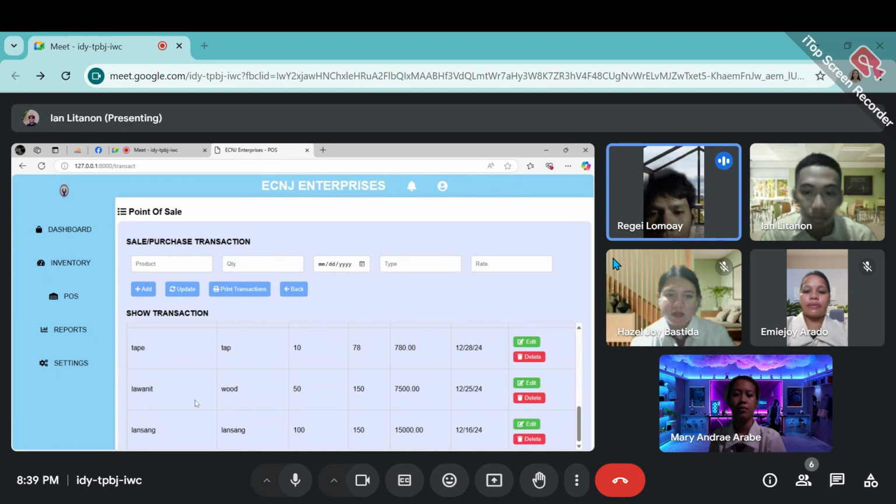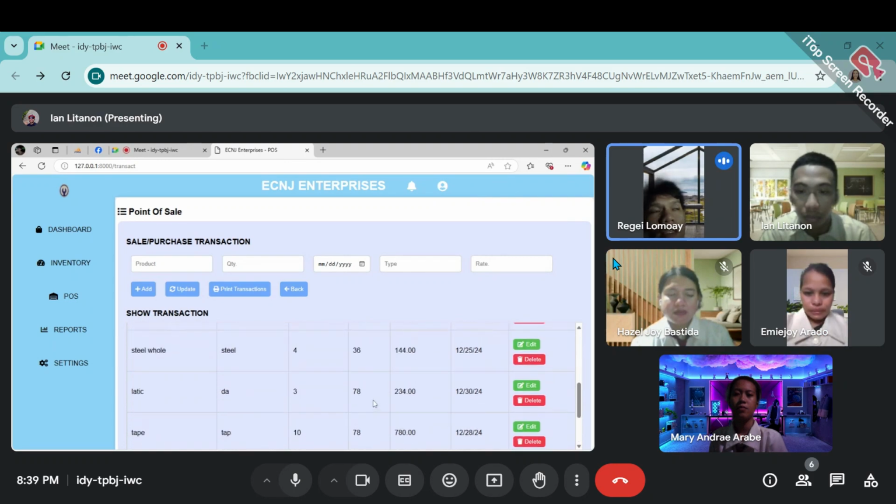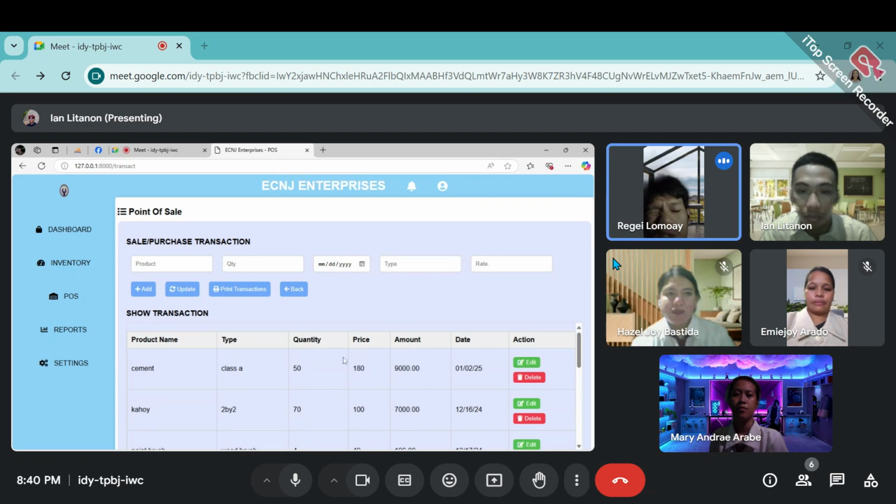So if the customer needs to change or update his purchase, or the product that he wants to change, the user can change it by editing.